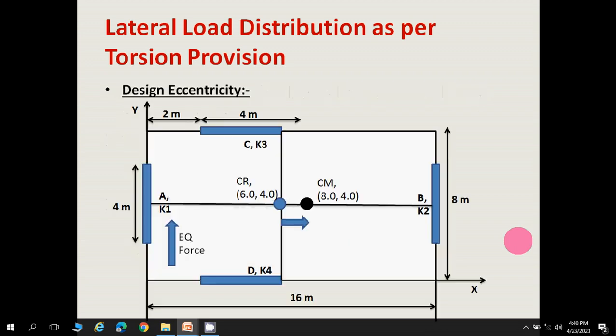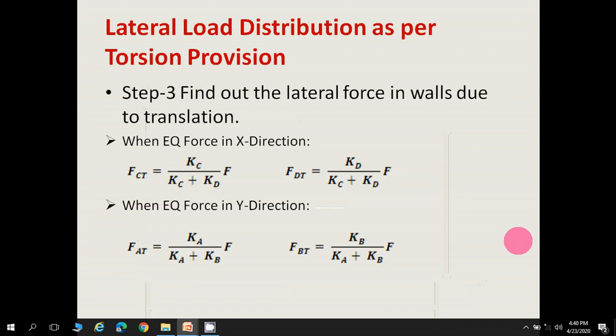As you can see in this picture, in the x direction there are two walls, wall C and wall D, and in the y direction two walls, A and B. So when we are considering the earthquake force in the x direction, this force will be distributed to wall C and wall D